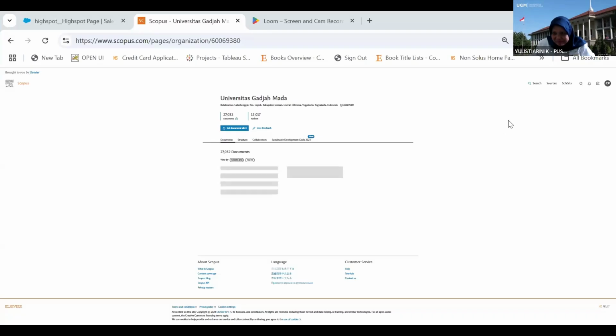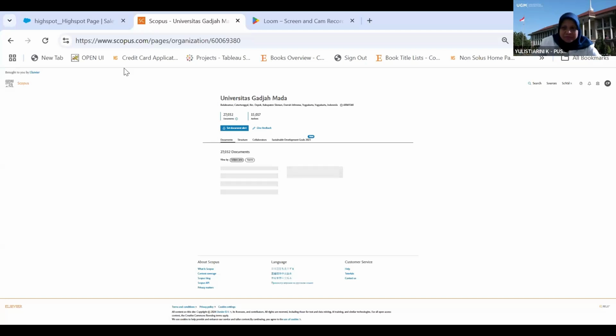Okay. Universitas Gadjah Mada. Okay. So when you search by organization, it would let you start with that organization. And in this case, of course, sorry, Christy, your share screen is not yet showing in the Zoom. Oh, apologies. Okay, let me know, Ibu, if you could see my screen.